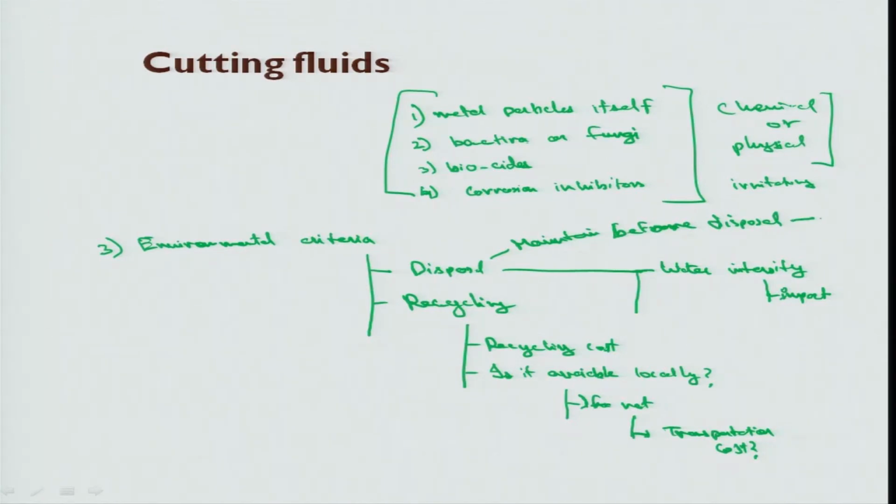I can put it here, the pH value, then particulates, then tramp oil. This is important here. Now actions that are needed to maintain the fluid include adding makeup of a concentrate of water, then skimming of tramp oil, adding biocides, and some process to prevent bacterial growth, then filtering the particulates maybe